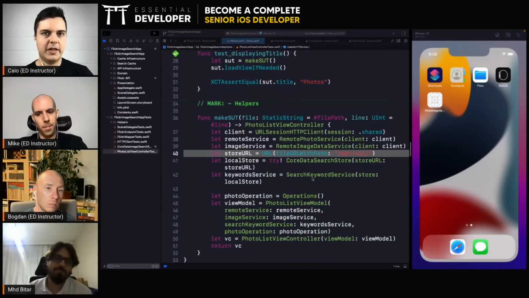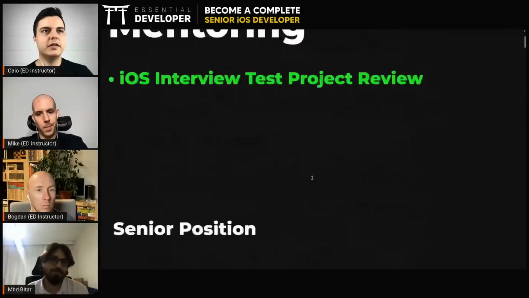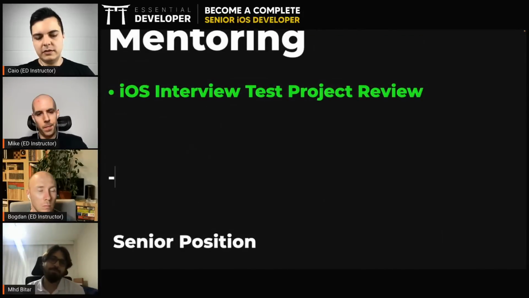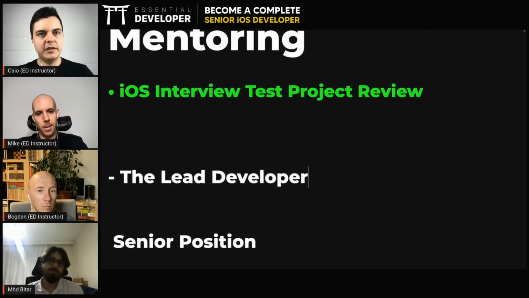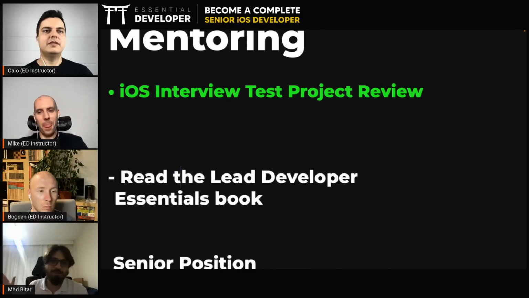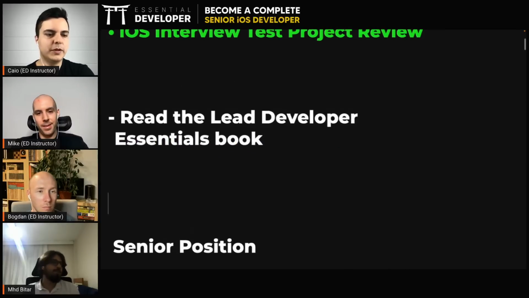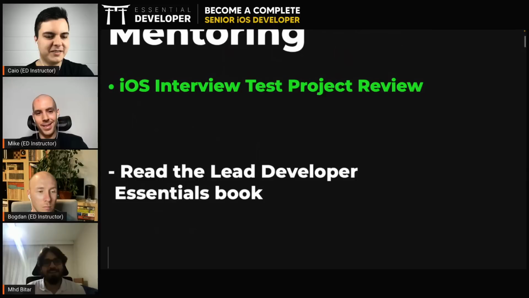Right. So another homework, you will read the Lead Developer Essentials book. Have you seen it? I'm planning to read it after finishing the mentoring session, but yes, I must read it because it's really going to help me. In my plan I have a lot of books to read. One of them